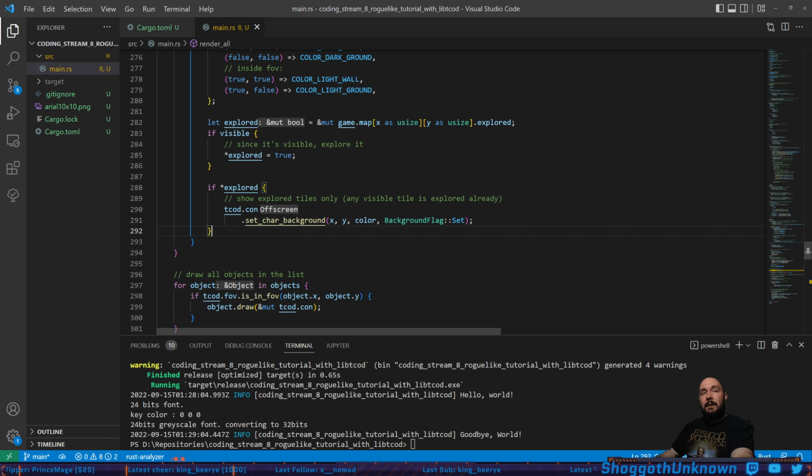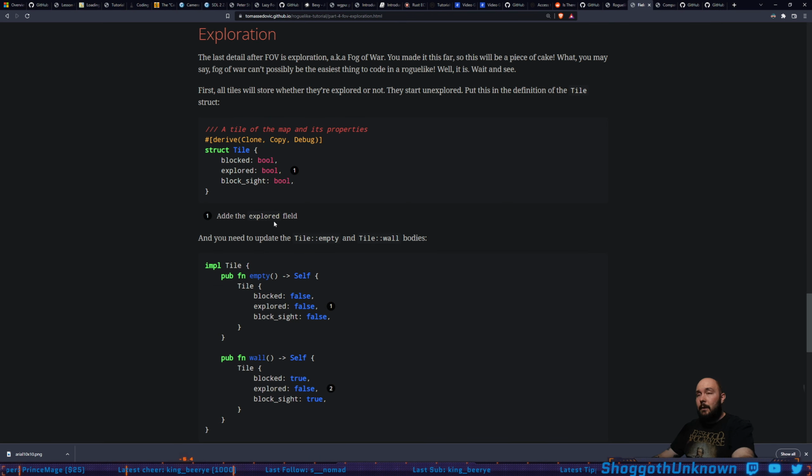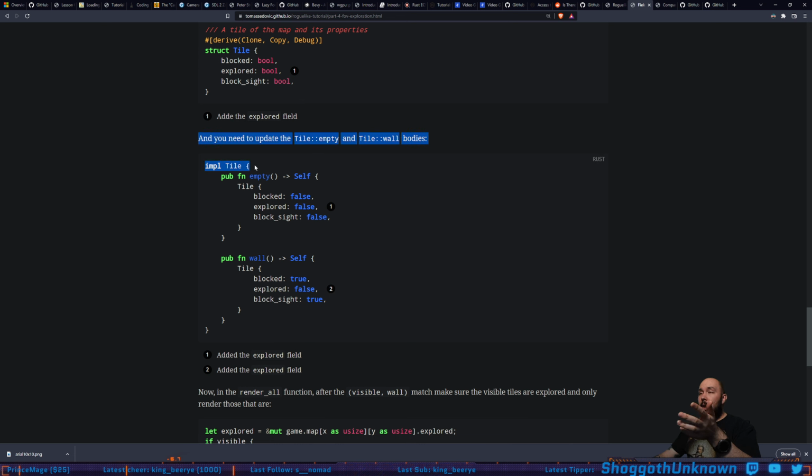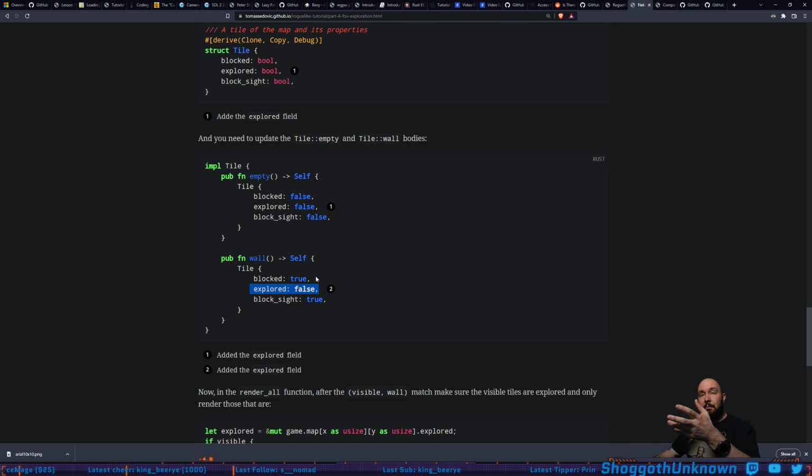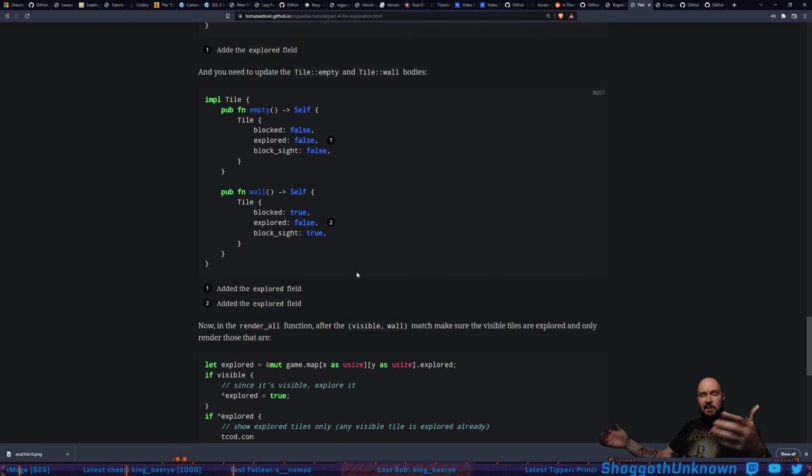So let's go break down a lot of this. I'm going to reread a lot of what I just did, just to make sure we follow along. So we went into this tile struct and added the explored field. Easy. Then in the impl block, we have two functions making tiles. So we had to add false for explored for both of those because you don't start out having explored